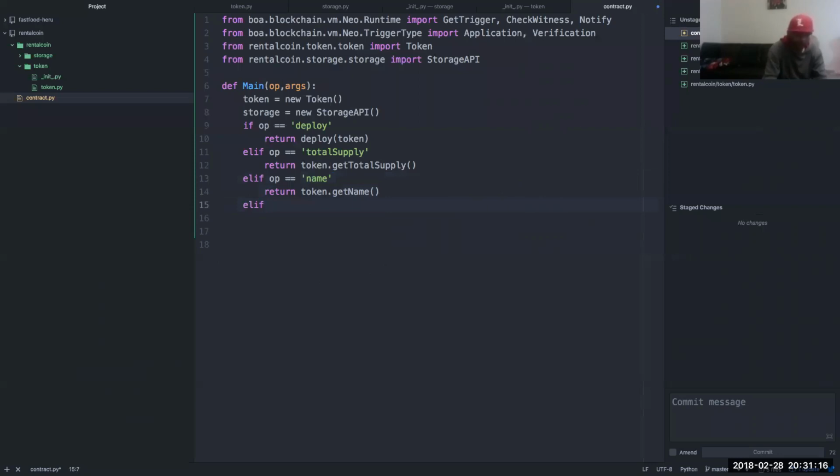I really wish Python had a switch statement. If symbol, return token dot get symbol.